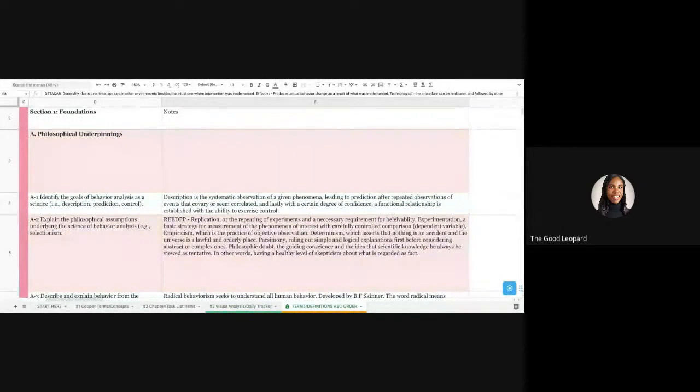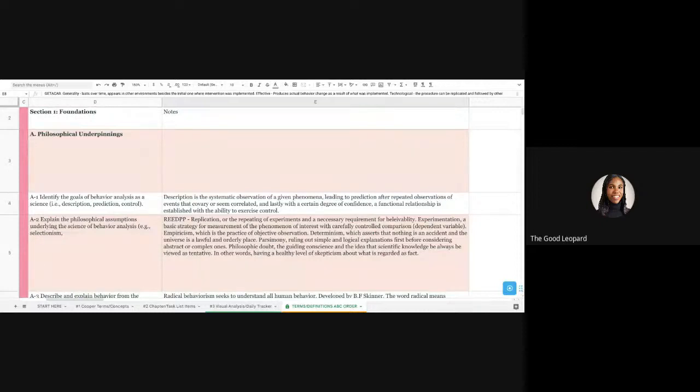So I can get an idea of where I'm at in terms of competency with this sheet. This is one of the tabs that I actually made. This is not included in the study guide that I sell, but this is the basic study guide that I sell, but it has an extra tab, which is the one that I'm on right now. It says terms and definitions, ABC order. I put this in there because I wanted to be able to find terms really quickly. But on the other tabs, you can fill in the definitions and learn as you go. I also have a quick reference sheet for myself when I'm doing meetings and stuff. So this is what I'm going to be using today for a couple of the task items.